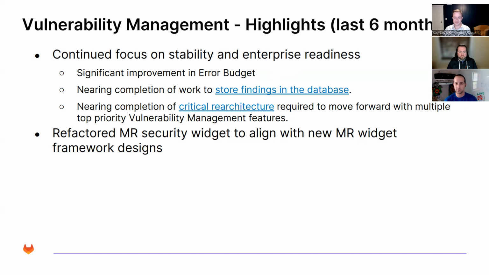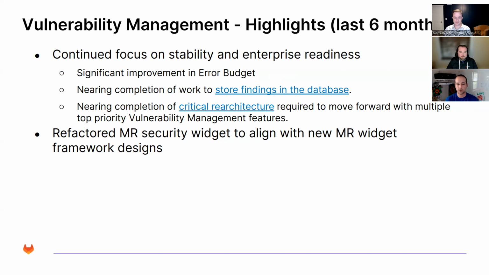Once we move to the database-backed model, we should see a number of improvements, not just to performance, but laying the groundwork for future features like letting us track non-default branch locations. So you could have feature branches, it could be a tag, etc. We'll have that information in the database so that we can expose that on the vulnerability report.